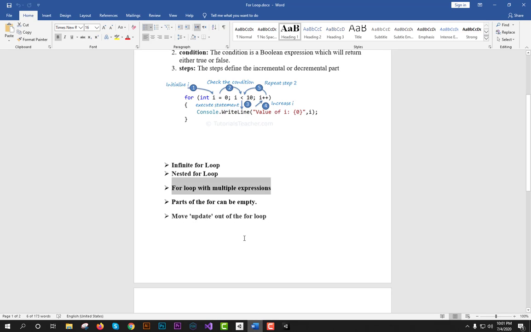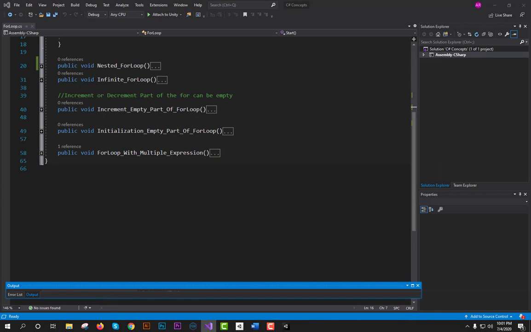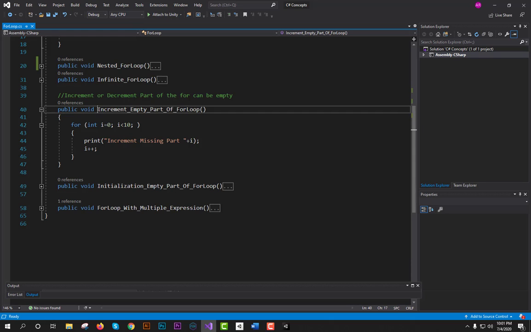Now the next thing is that parts of the for loop can be empty. So this is also a very important thing. First of all, the increment or decrement part can be empty, and you can specify it at the end of the body. So this is also a valid statement.